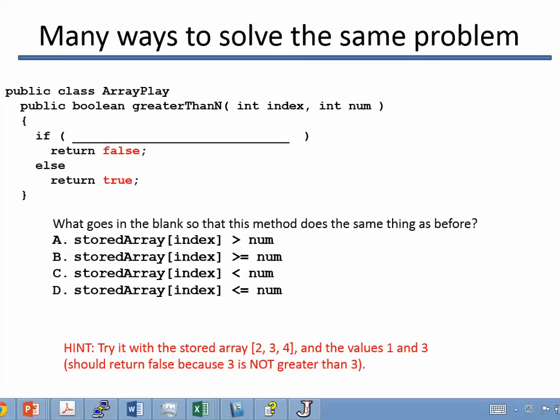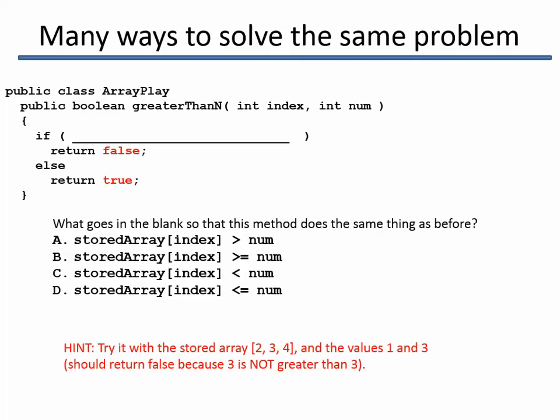All right, this next exercise is just really an exercise in practicing with Boolean expressions. So all I've done is I've swapped the true and the false return values here so that it returns false if the if condition holds and true if the if condition does not hold, if the else condition holds. So I want to know, what should you put in that if condition